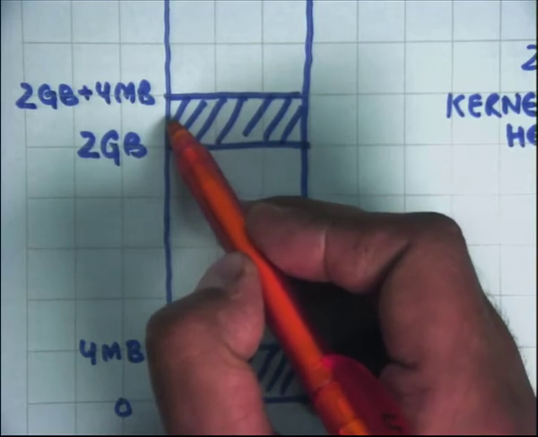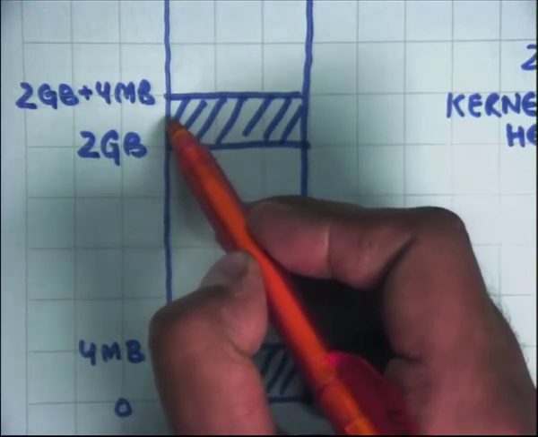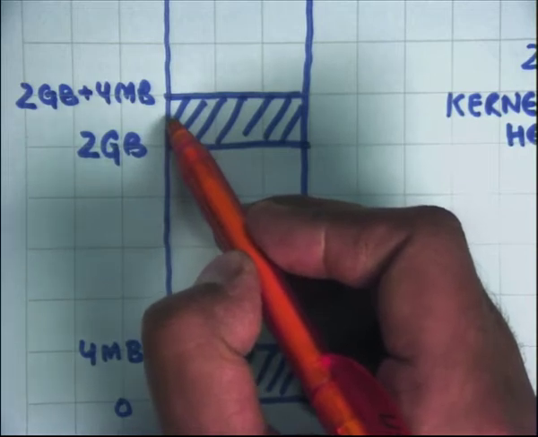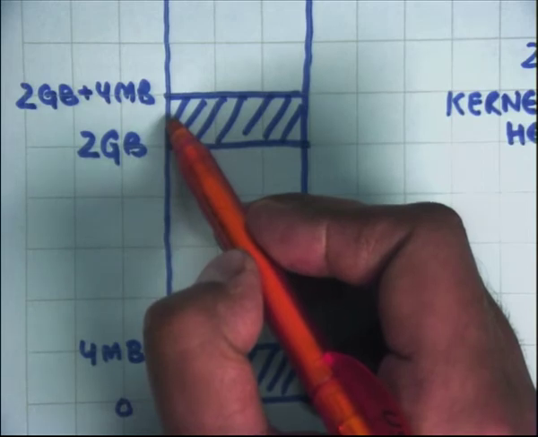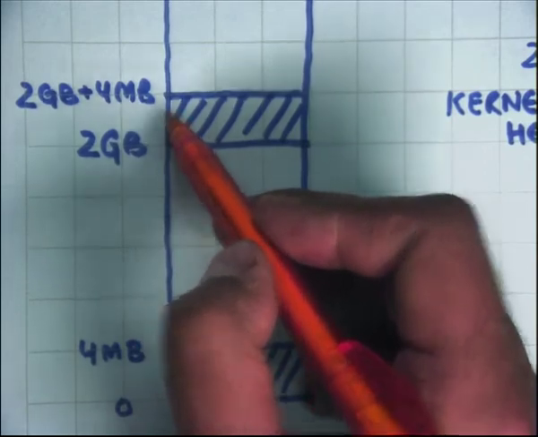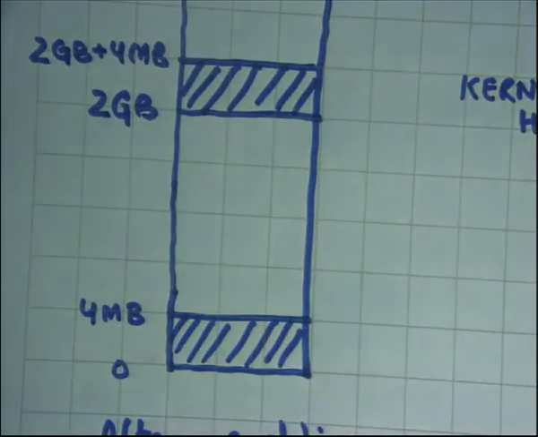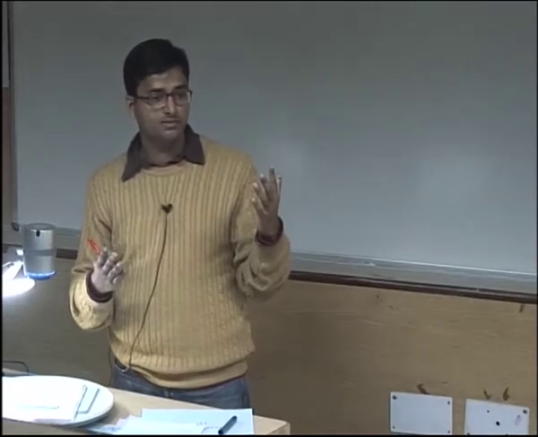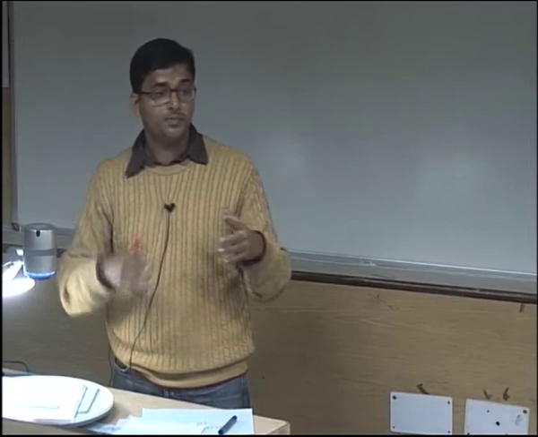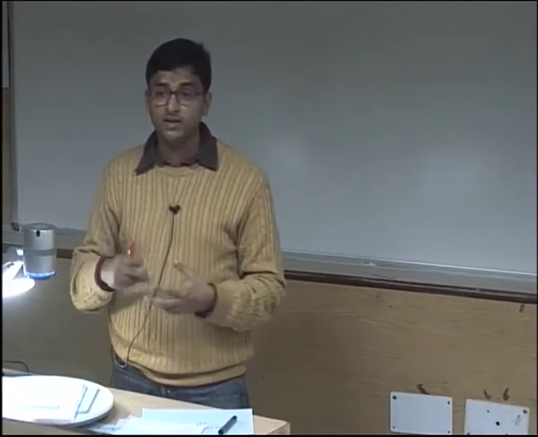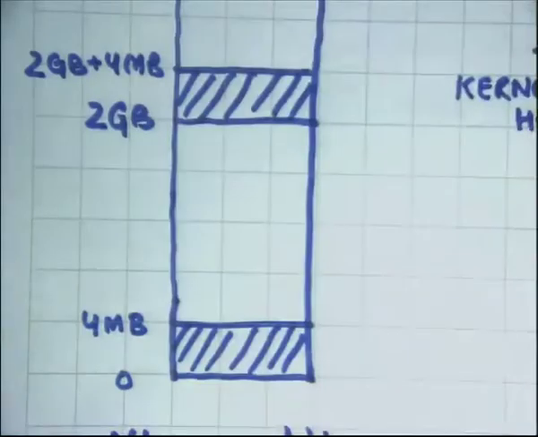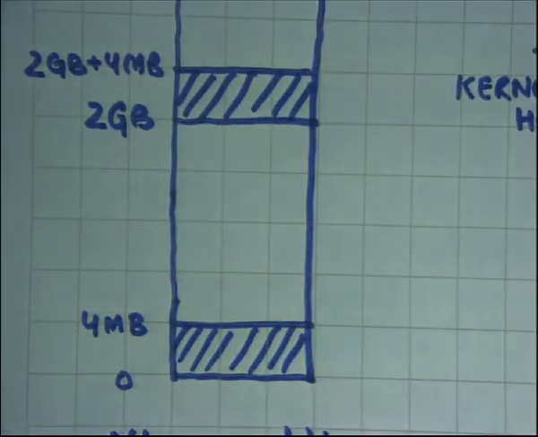Assuming that there is some headroom above the kernel in this first 4 MB, I should be able to allocate a page. Right? So it's not really limited by the size of physical memory at this point. It's actually limited by 4 MB, this artificial limit, right? Because you've only mapped the first 4 MB. So if the kernel was so large, let's say 3.9 MB, then my kalloc would have failed, right? Irrespective of how much physical memory I have. So if my kernel was indeed that large, I should have mapped more area here in my entry page table. But my kernel is really small, right? Not that large, let's say less than 1 MB. So I have enough space.